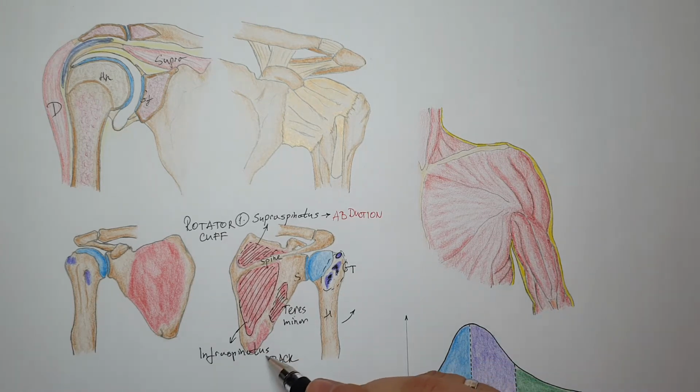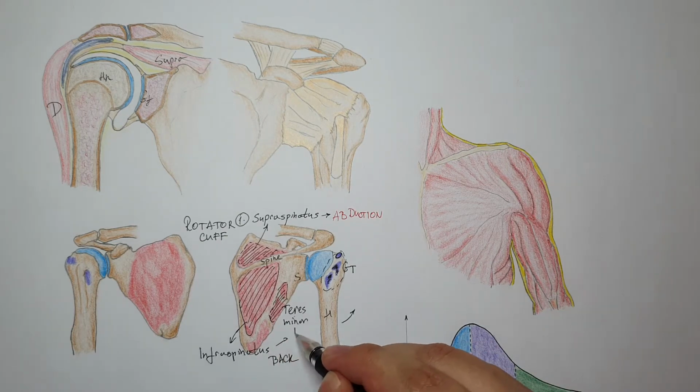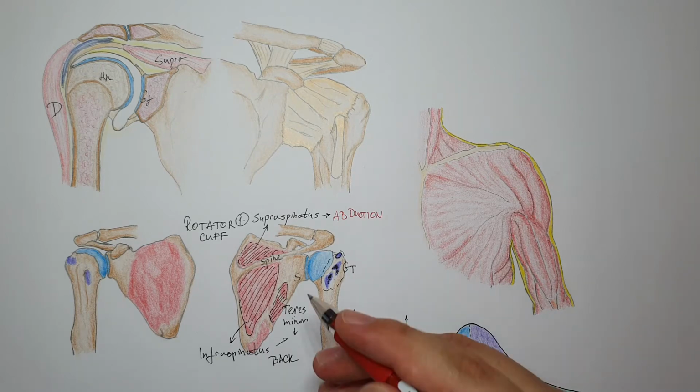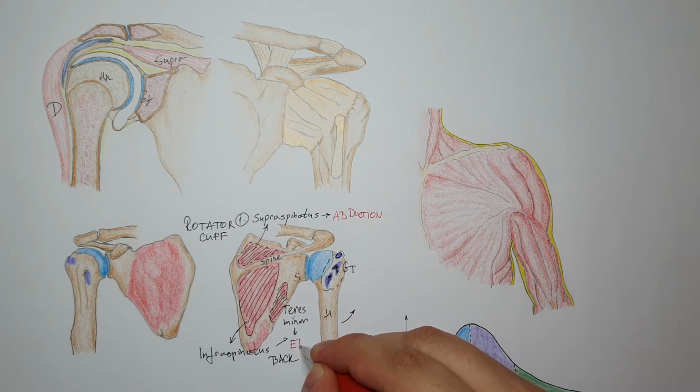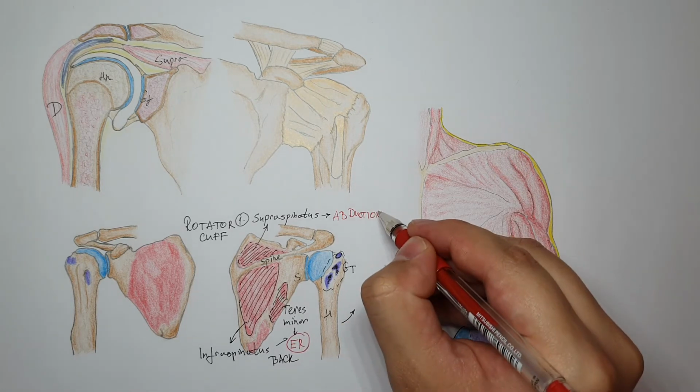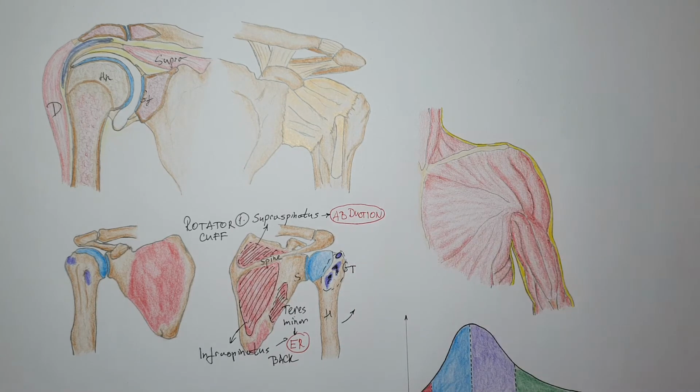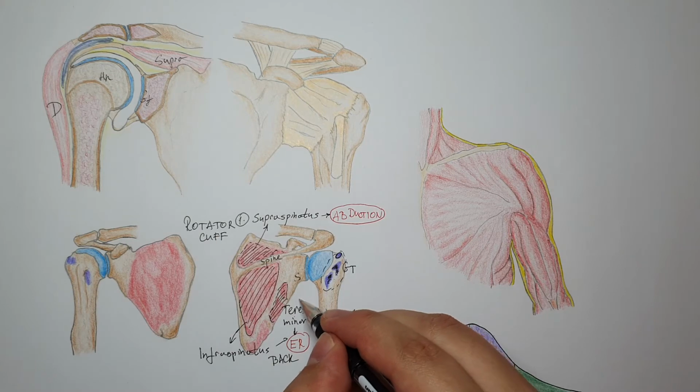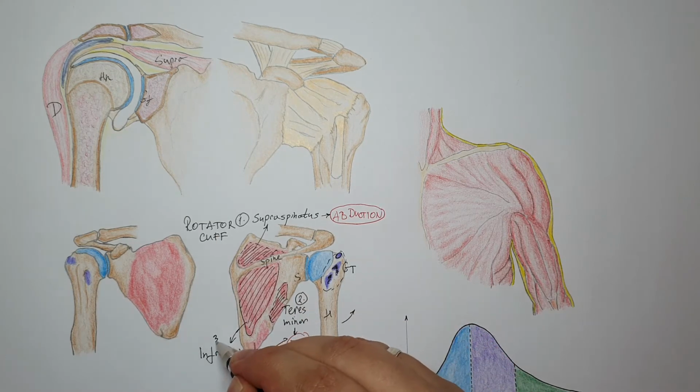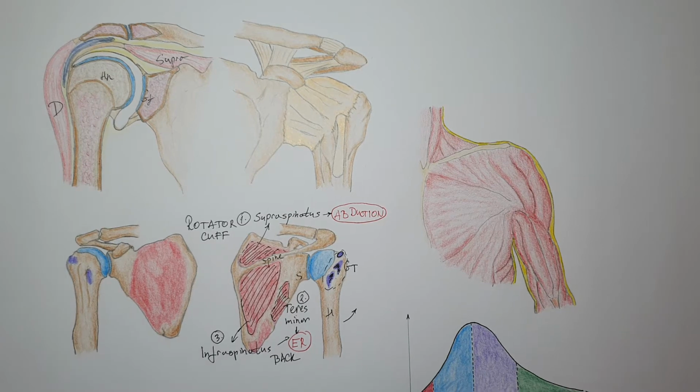So these two muscles are important for external rotation. So these are two more muscles from the rotator cuff. And we have the last but not least,